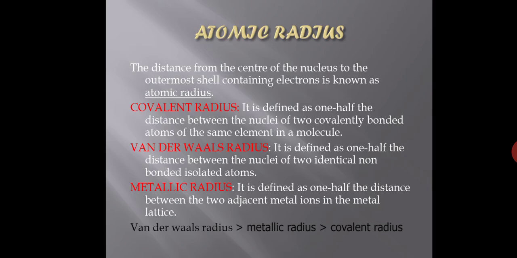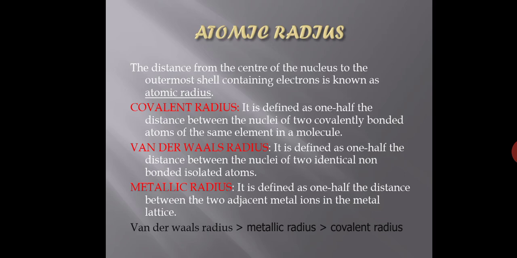Now, suppose a chlorine atom is there, and a sodium atom is there. Due to the presence of the chlorine atom, the sodium ion and the chloride ion will come very close to each other. So the electron cloud is affected by the nearby atoms, and it may change in going from one environment to another. When sodium ion and chloride ion are there, it changes. If you take a sodium atom and a bromine atom, nothing is going to happen, because they are not charged particles, so there is no force of attraction between them. So it changes from environment to environment, from situation to situation.